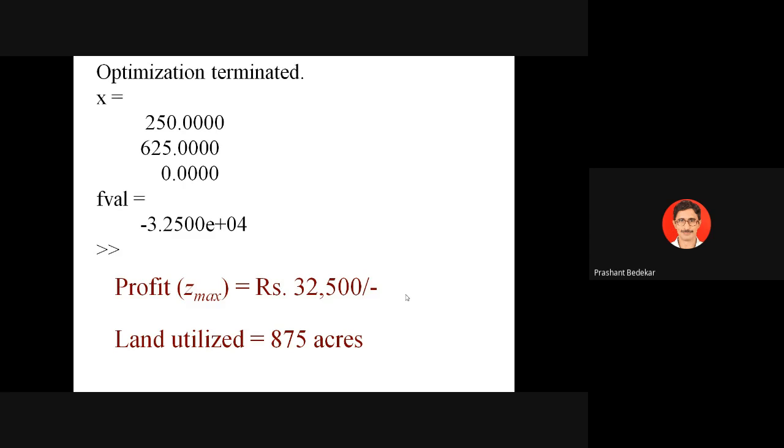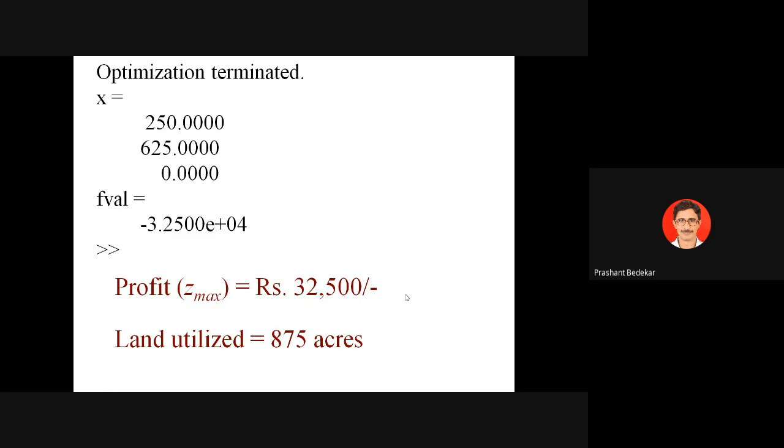Only corn and wheat, 250 and 625 acres, giving me the function value FVAL is equal to minus 3.2500 E plus 04. E plus 04 indicates multiplied by 10 raised to power 4. So actually FVAL means minus